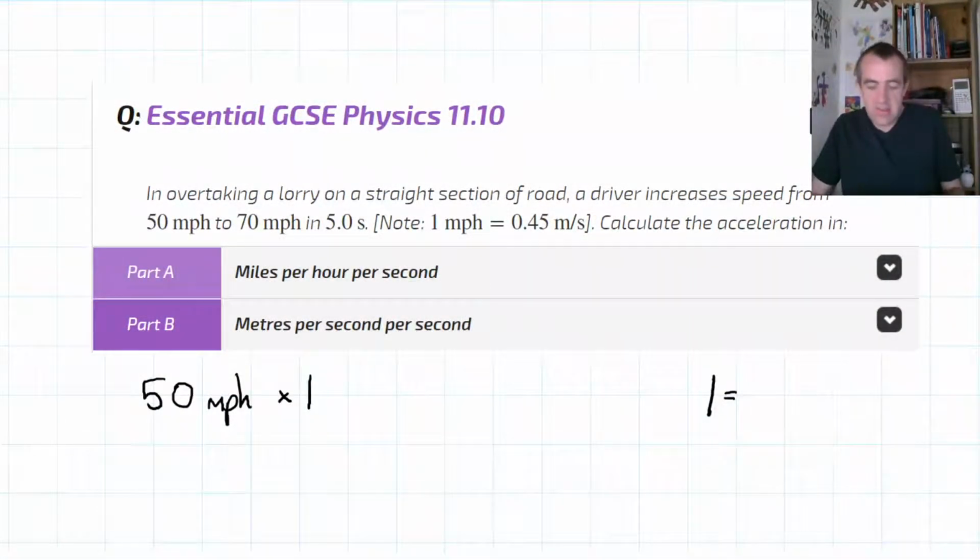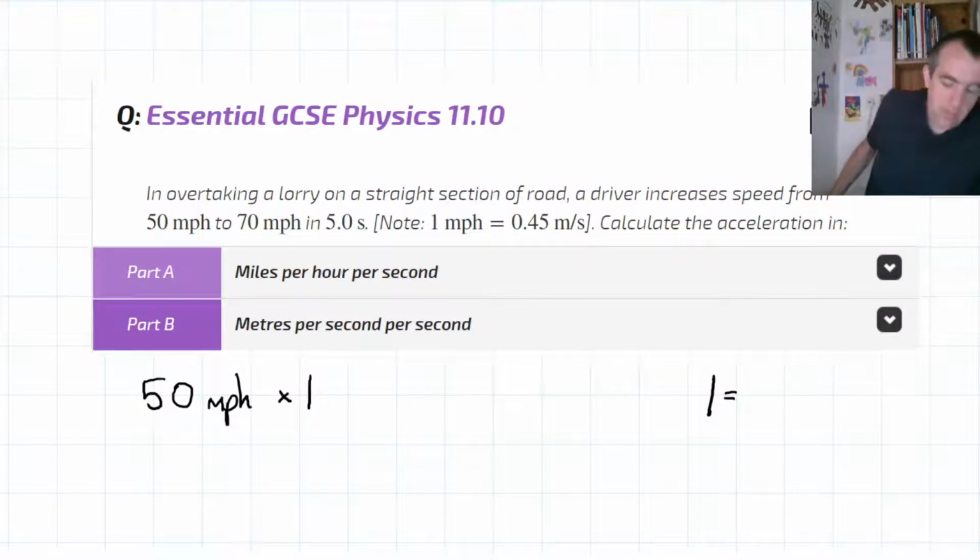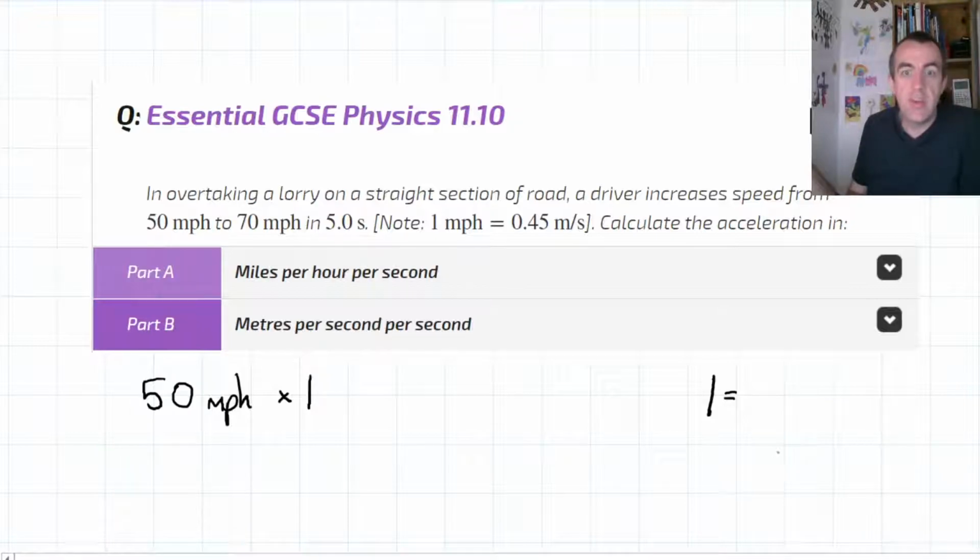So what we're saying is that if I divided the 13 centimetres by the 5 inches, it would pretty much equal 1. In fact, if I wrote down 2.54, I think it is, 2.54 centimetres divided by 1 inch, that would be the number 1. And so we're given a conversion here. And I can say that 1 mile per hour on the bottom and 0.45 meters per second on the top. Because this speed, 0.45 meters per second, is identical to this 1 mile per hour, this fraction is just 1.